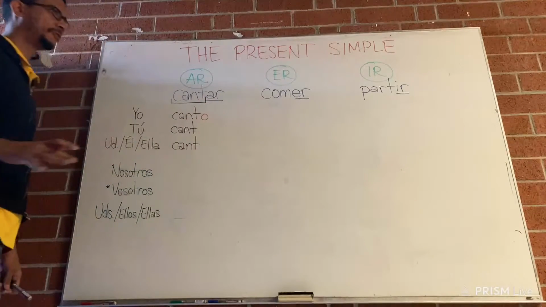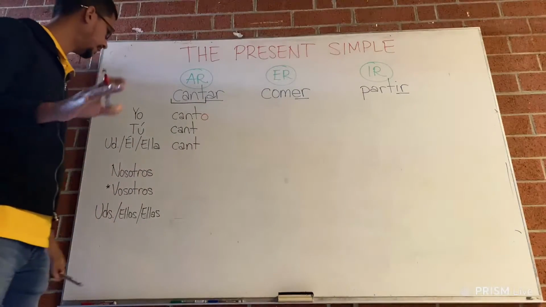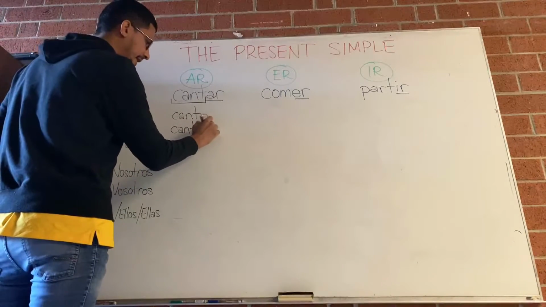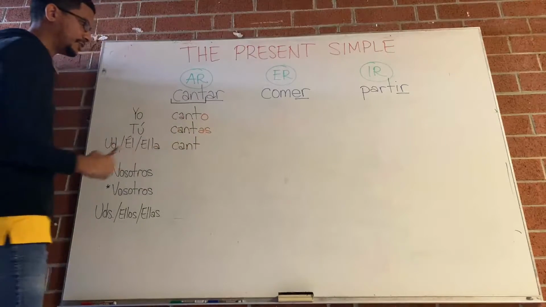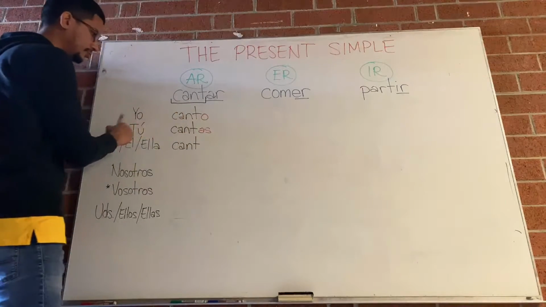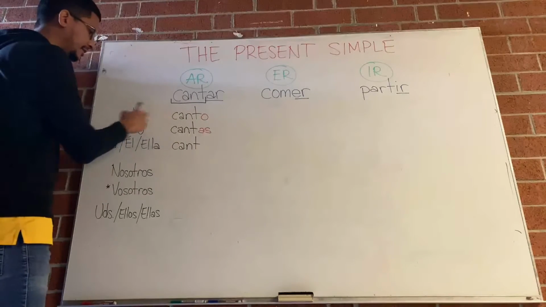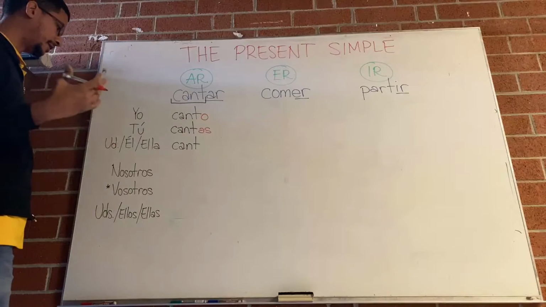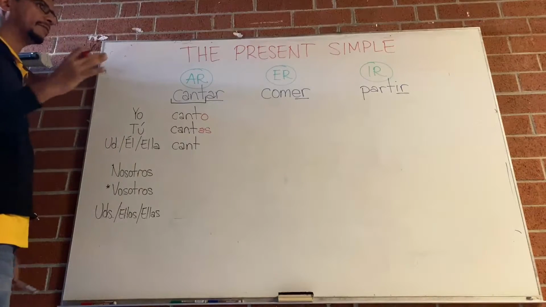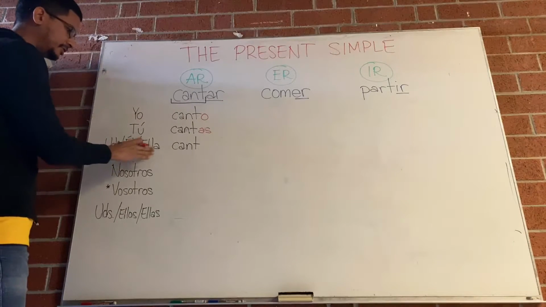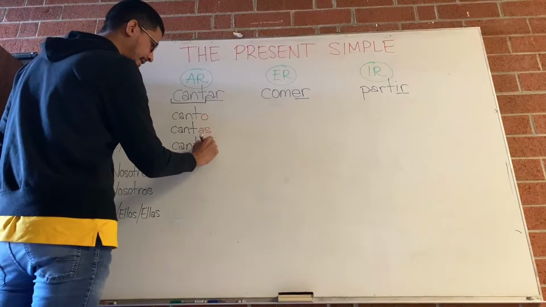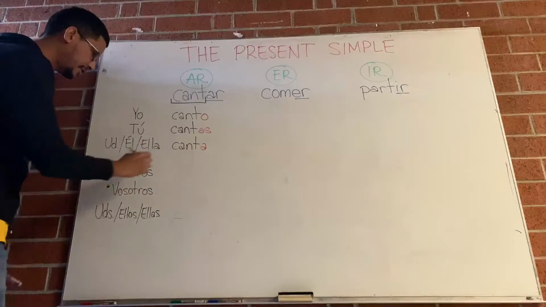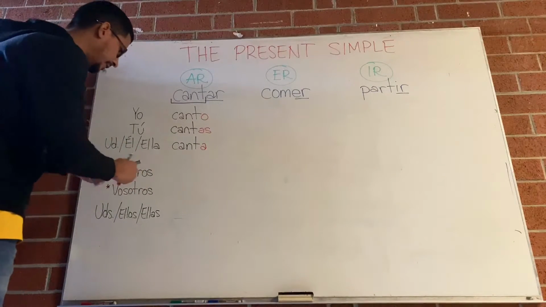I think we have seen this before, but it's important to remind you how it works. So for tú, it's AS. That would be cantas, the pronunciation, right? Yo canto, tú cantas. That means I sing, you sing, right? For usted, which is you formal, he and she, él, ella, that would be A at the end. That would be canta, right? Canta, right? So we continue here with nosotros,